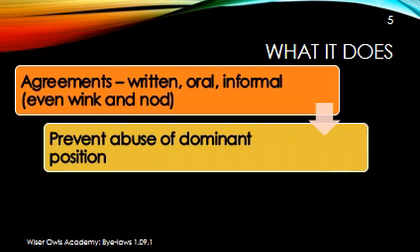The next thing it does is it prevents abuse of dominant position. When you were buying a house, did you have any choice in order to get any word in the agreement to sell altered? No. You simply had to sign on the dotted line. Regardless of whether the content was in order or it was defying any law, you simply had to sign it. That is what is known as a dominant position, where the seller can force you to sign some clauses which go against the law. And we shall examine what those provisions are.